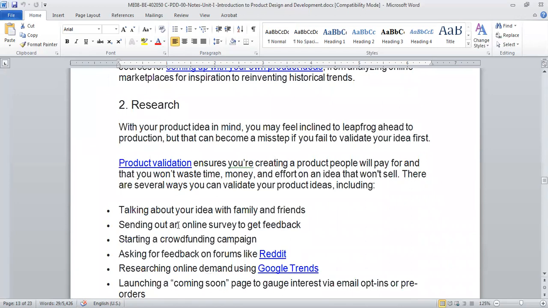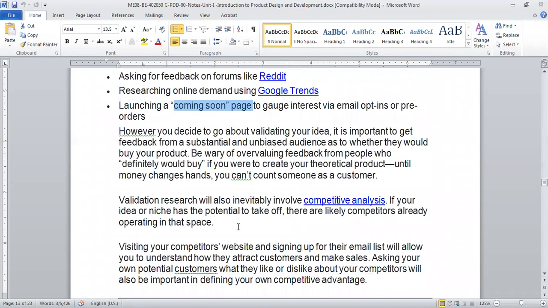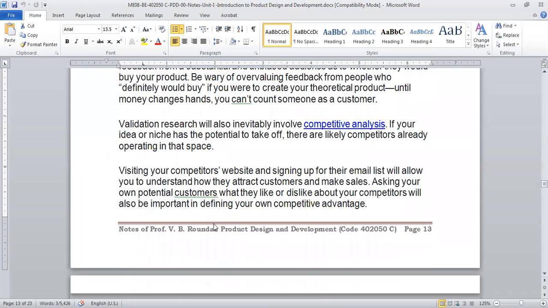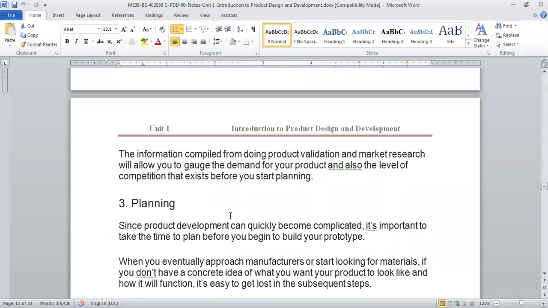Second is research. Once you have the idea, you will do lots of research on what is available in the market. You should not be giving something which is already there for some time. You should try to have something new, which nobody has given and is not in the market, so that people will go for it. Then you will have something like a coming soon advertisement, so that people are attracted and expecting what is coming. Now you will visit competitors' websites to see what they are offering and how you can compete with them.